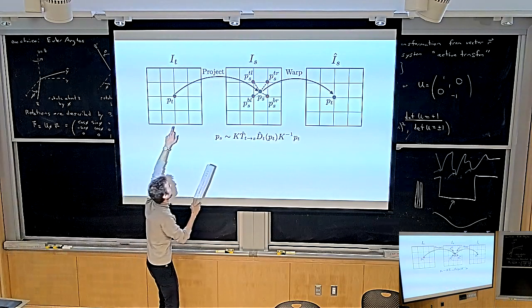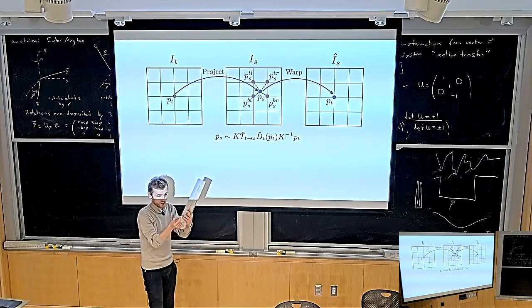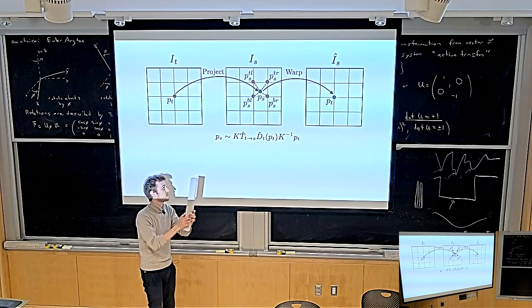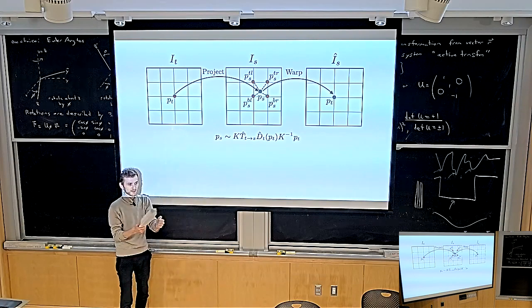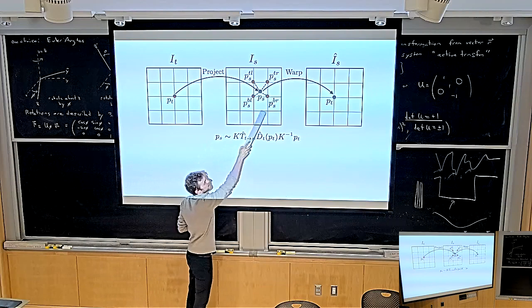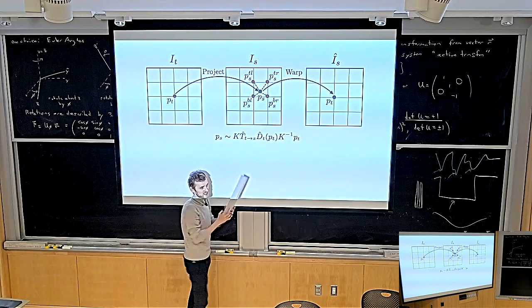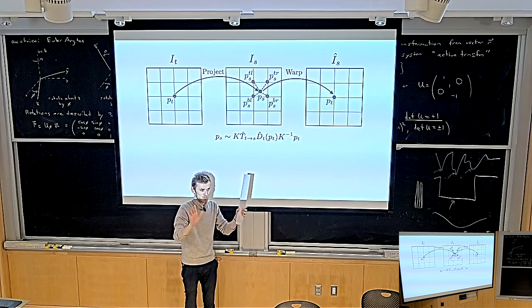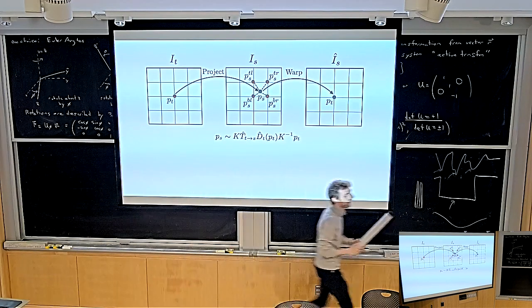Now what you want to do is ask, what is the color at this point? Because now I can take that color and compare it to the color in this image, and that's my loss, right? Make sense? Okay. So how do you get the color? The problem is that the pixel that you have is not going to fall exactly on one of the other pixels, right? It's going to fall somewhere in between. It's going to be some real valued, floating point number. So what you have to do is interpolation.